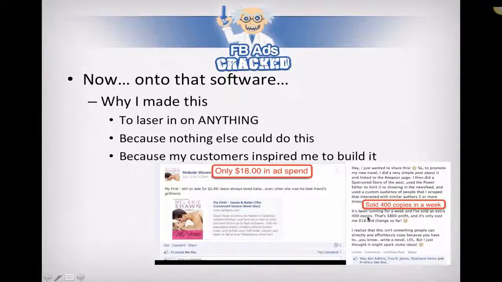Okay, sold 400 copies in a week, and it was $18 in ad spend. All right, that's $800 in profit. And then other people, once you've ranked that in the Kindle marketplace, will start selling it for you over and over and over because you can get that initial surge from this type of traffic. Now, this is direct PPC. Look, this is just an external link, linking off to her Amazon book. 400 copies for $18.